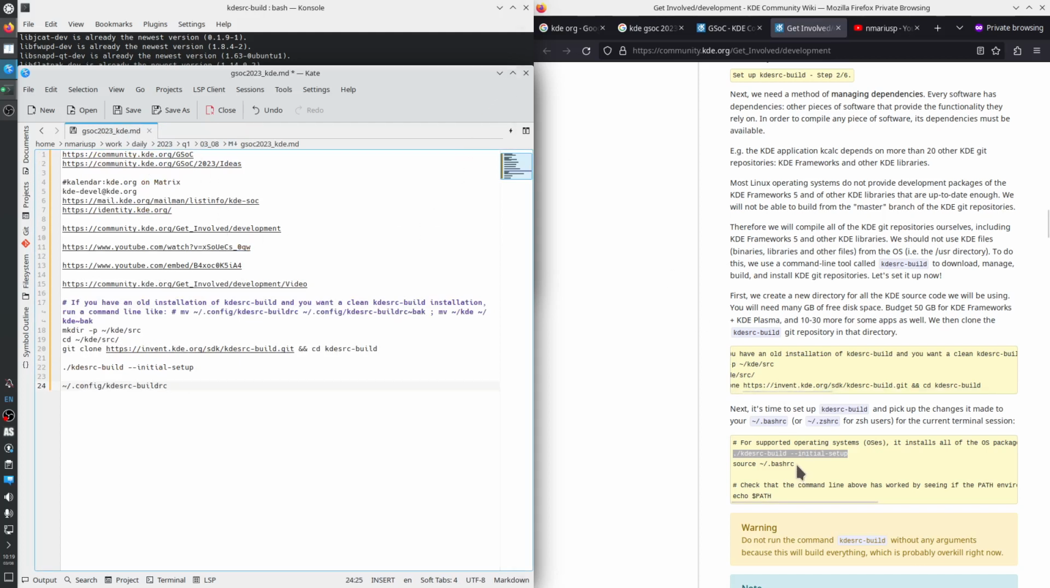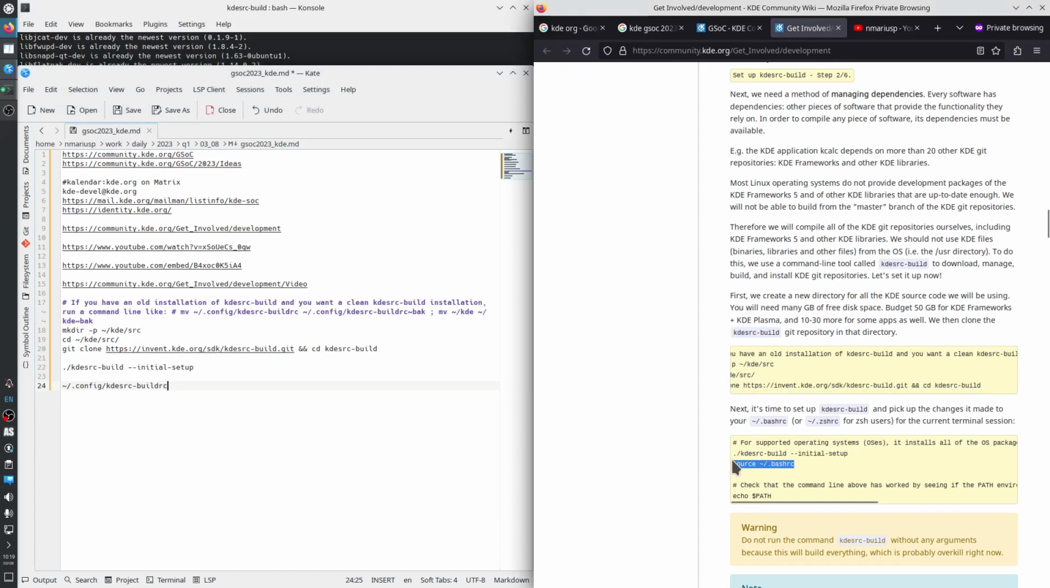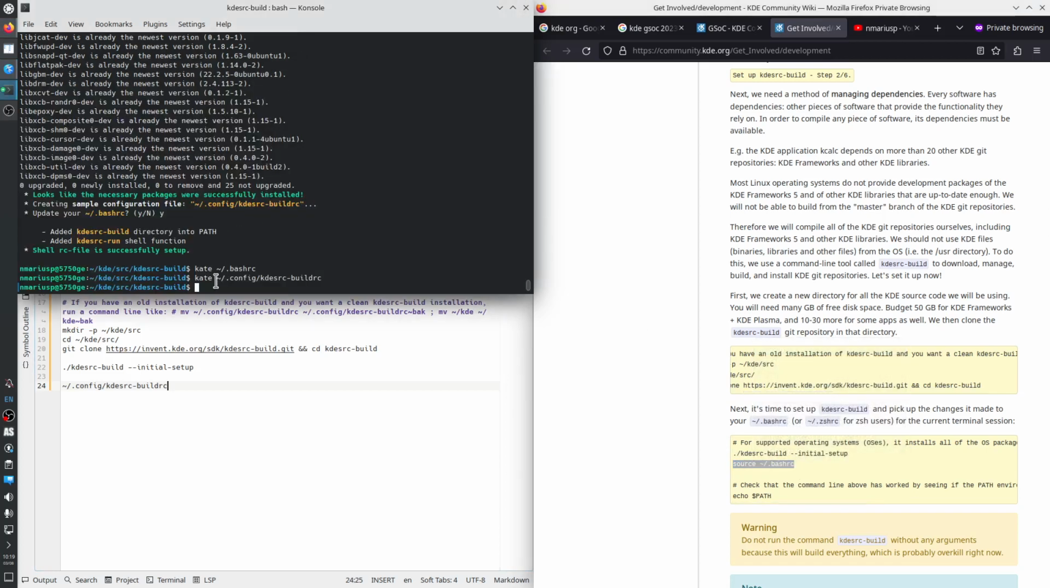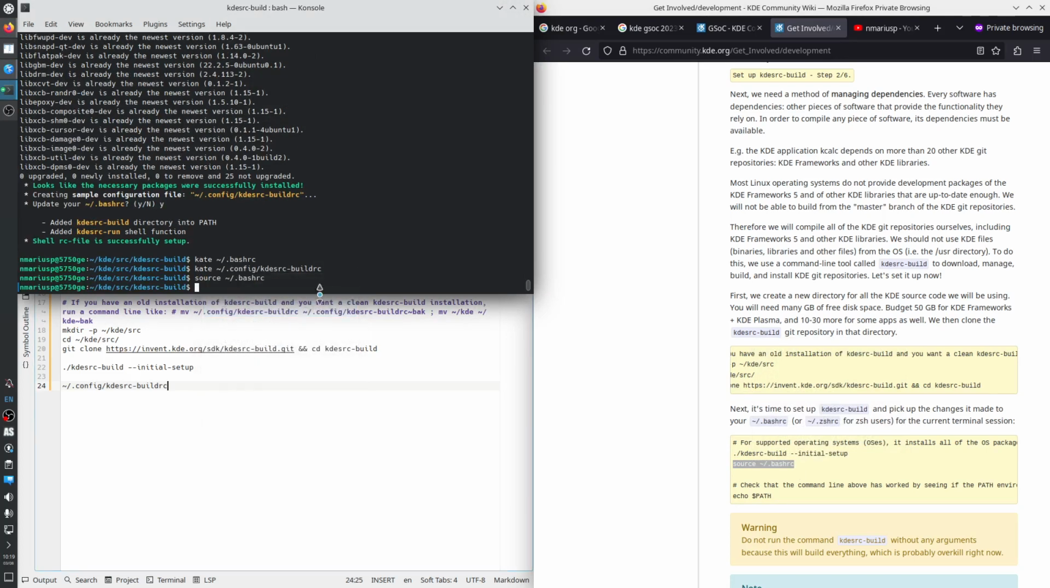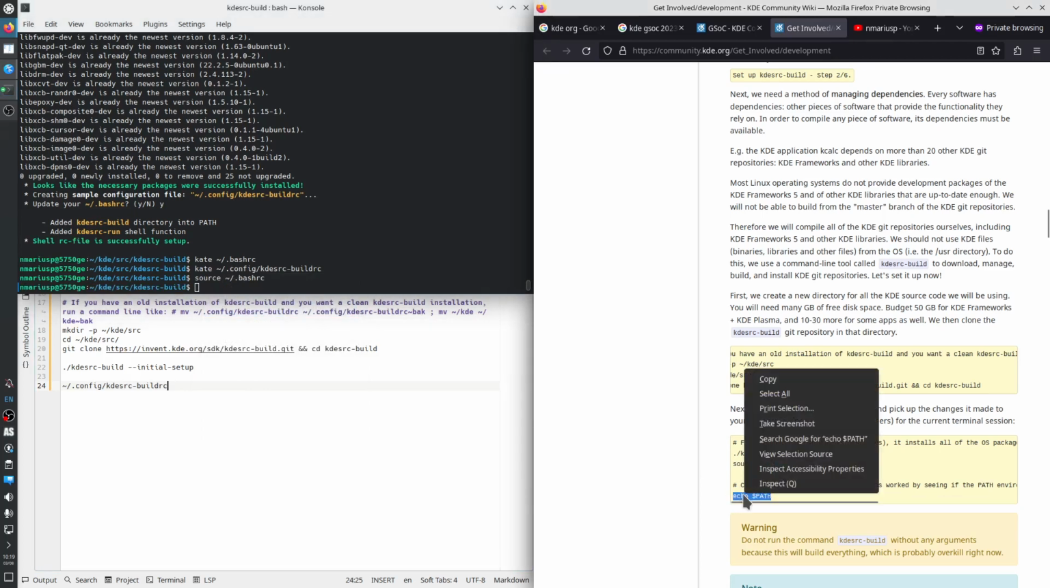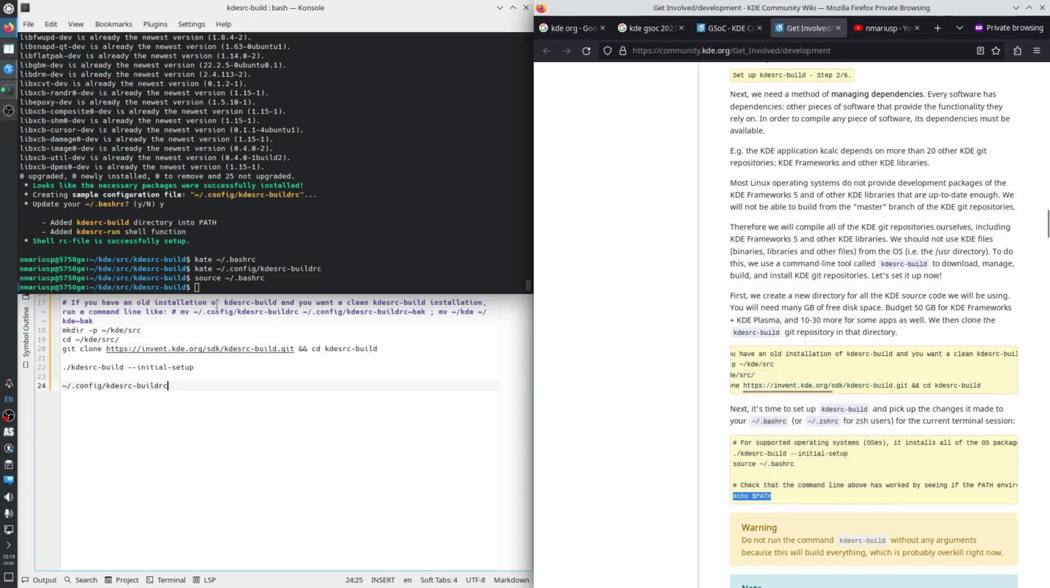Okay, then it says I should source the bashrc file, copy, and right click, paste. Okay, and to make sure that I have really sourced the bashrc file, I'm going to echo $PATH, which in Unix and Linux and Windows and everywhere else,